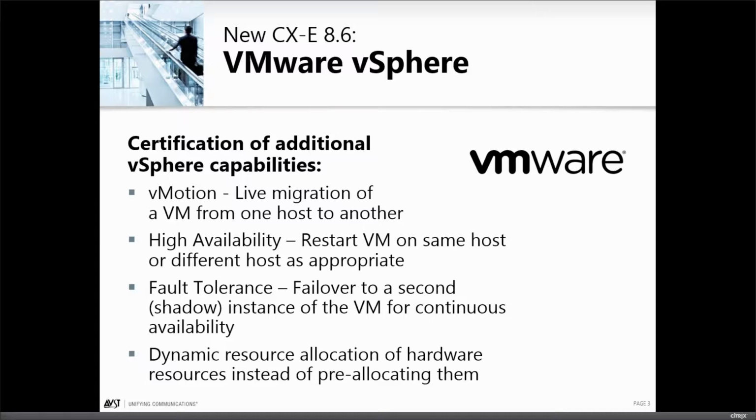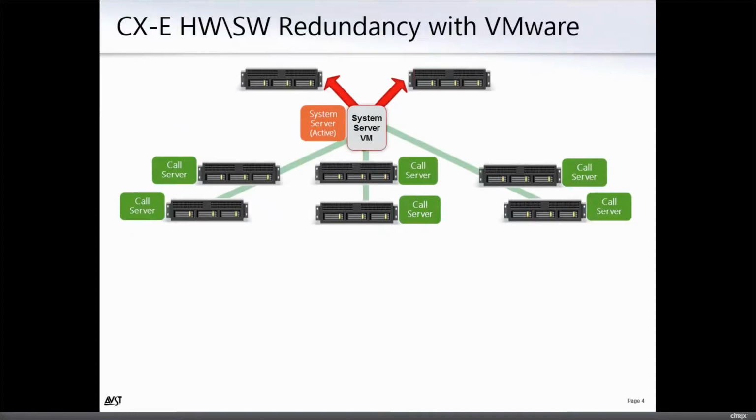It's a little more complex to think of virtualizing CXE, because we have our own architecture that even without VMware gives you redundancy, using our dual system servers, our Neverfail software, to keep the system servers synchronized. That gives us some of the same kinds of features, but the feature set isn't identical. Neither Neverfail nor VMware does exactly the same thing. So part of this webinar is also going to talk about how we want to position this, because customers ask us which is better, which should we use, and of course in something this complex there's no simple